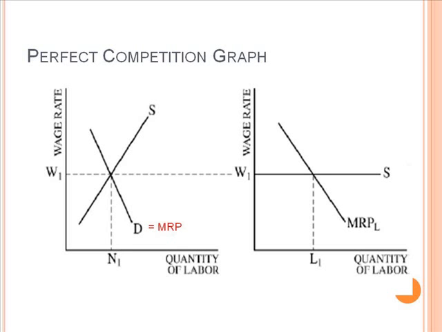This is for perfect competition. You want to take a moment, pause it, and copy this down. What looks similar to you in this graph to perfect competition in the product market? What you should have said is that supply and demand have the same shape, and then the intersection of those